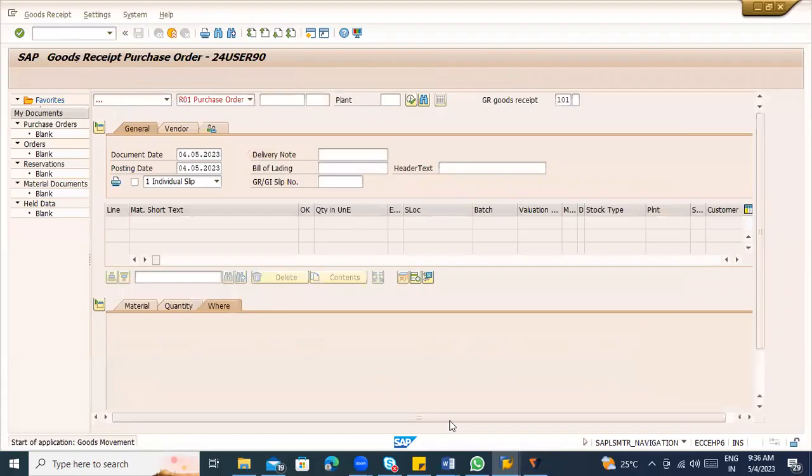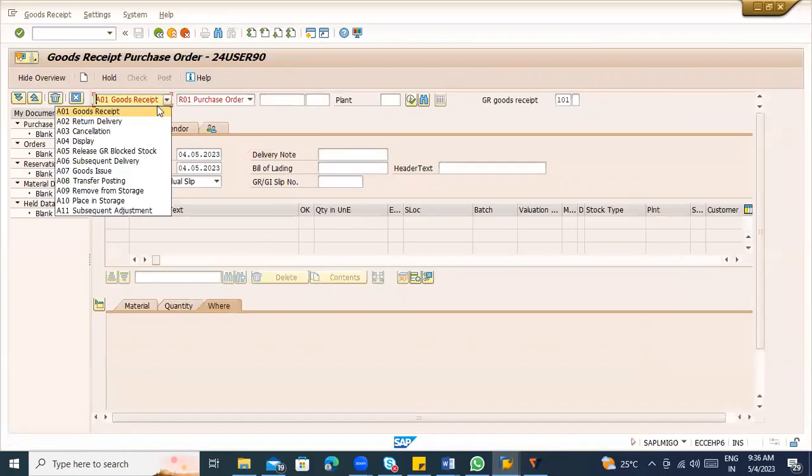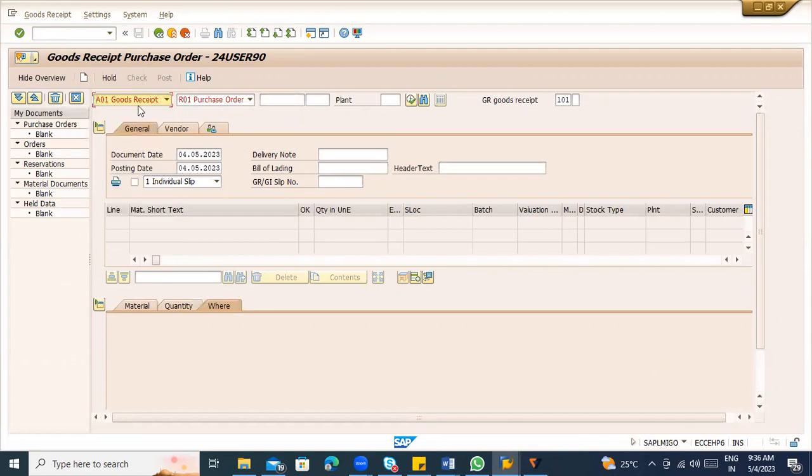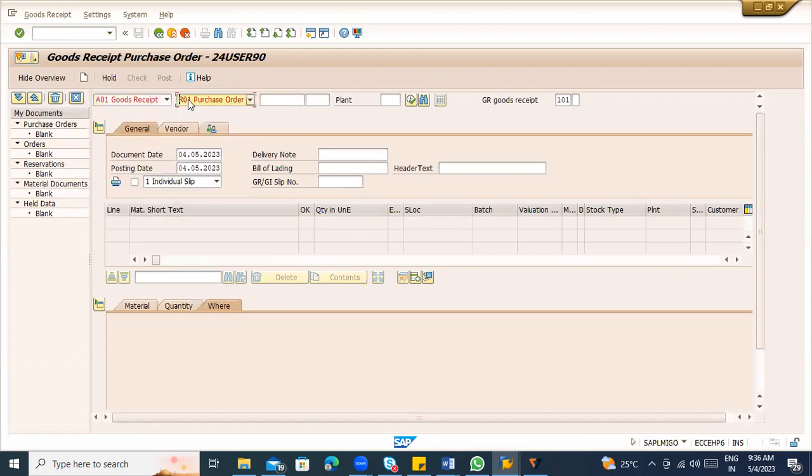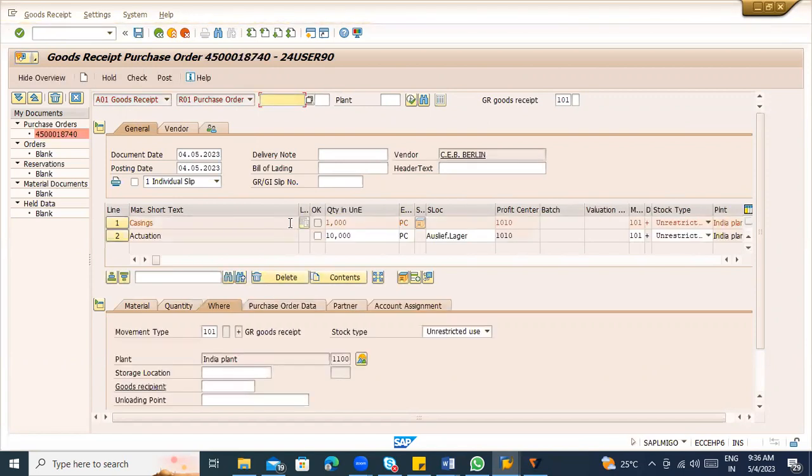In MIGO, what will happen? There are so many options. You need to select whether you want to perform the goods receipt, the return delivery, or the cancellation. All these processes we can do. Now I'm talking about the goods receipt. You need to select the goods receipt and the purchase order, and enter the PO number here. Once you enter the purchase order number here, the data will be captured automatically from